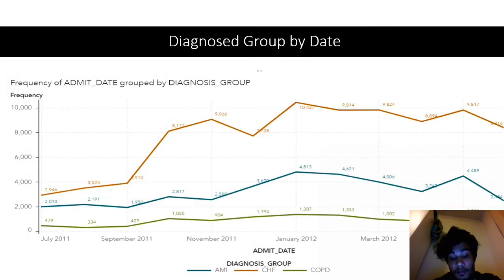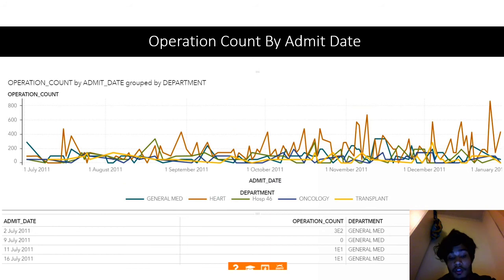The displayed visual analytic is a time series plot of the trend of different diagnosed groups with respect to admit date. From the visualization, it can be found that the AMI diagnosed group is decreasing over months, and also a drastic decrease in CHF and COPD groups can be seen. The COPD group hits the lowest in August, whereas CHF hits the lowest of 2,946 in July 2011. Moving on to the next visualization, which is a visualization of operation counts by department with respect